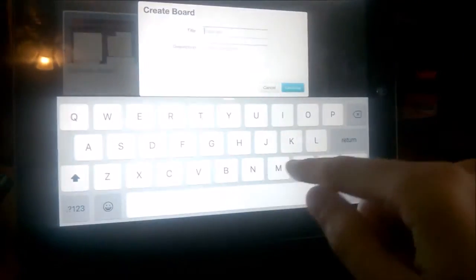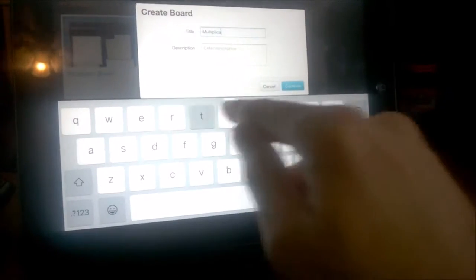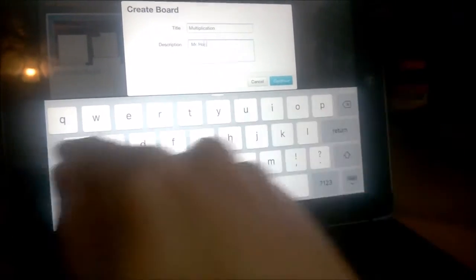And the description, we would just say, for example, if this was a group project, we would just put their names in there. Board Builder itself has many different resources built in because it's through Discovery Education. So once you have selected your template and you get to the very next screen,